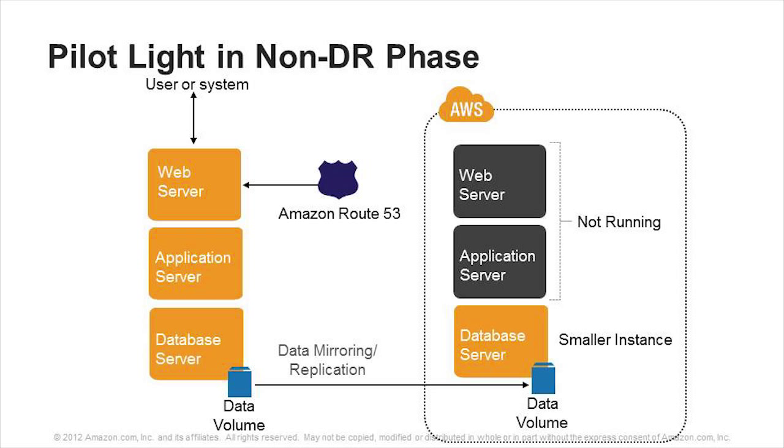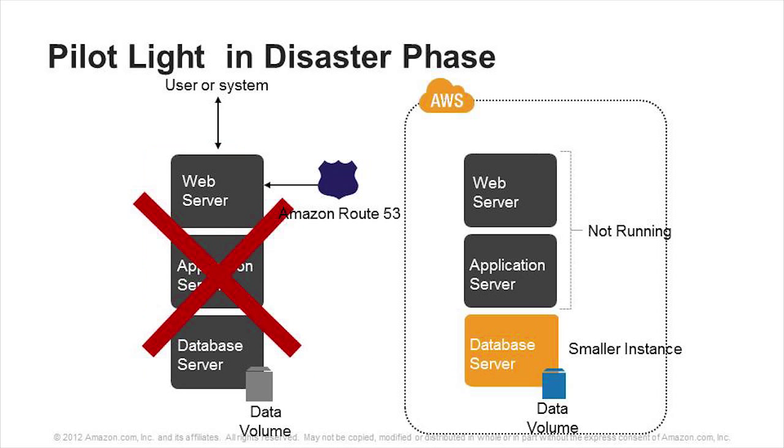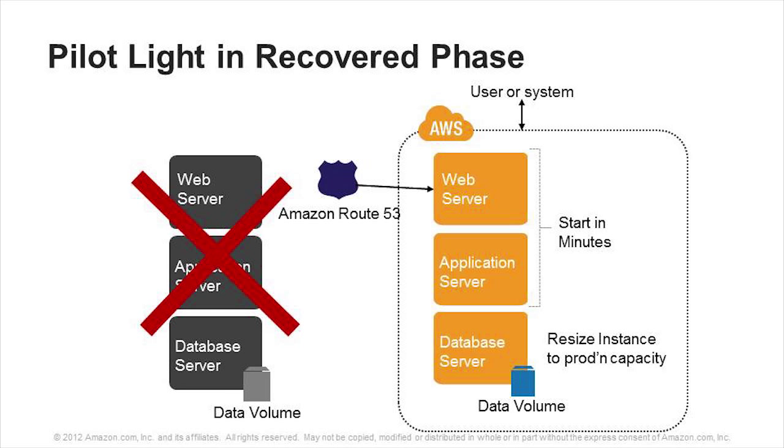So something happens, what do we do? We lose our local system. Momentarily, our DNS is still pointing to the web server, which is now defunct because we've lost our local system. What we quickly do, we take those AMIs that we've carefully put together, we launch our application server, we launch our web server, and we retarget our DNS. So we point it away from the on-premise web server to the newly launched web server running in the cloud.